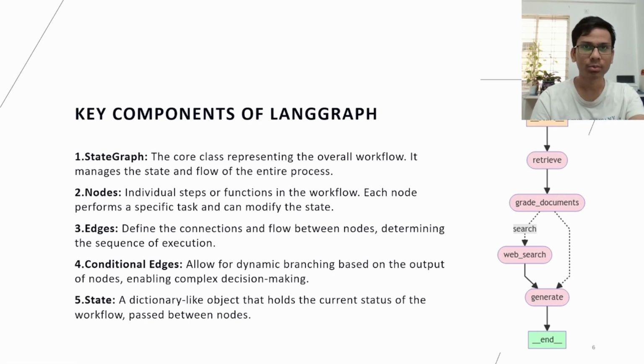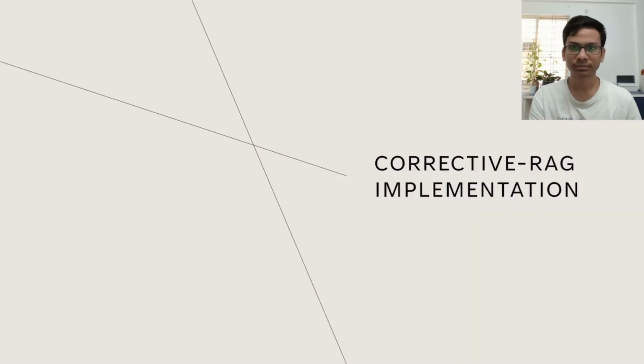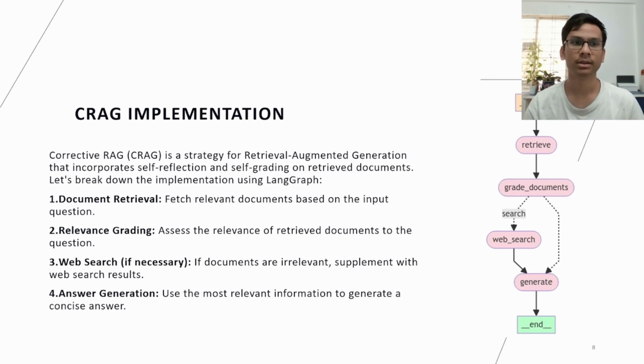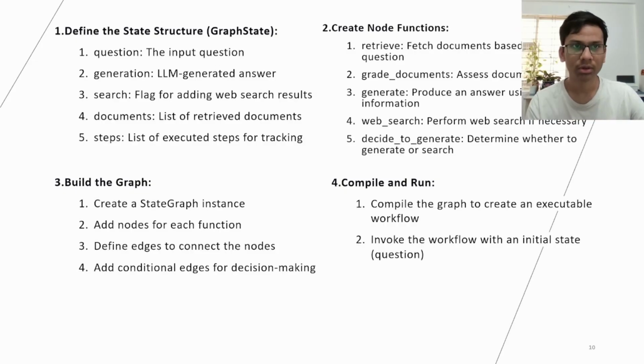Yeah, this is only part one of three in the series. There are two other methods which complement this procedure, but we'll look at corrective RAG for now. Okay, how do we implement it, right? Again, this graph is there. First thing we do is document retrieval. Second thing we do is relevance grading. Third thing we do is web search if necessary, and fourth thing is answer generation. I think it's already clear from the diagram, I guess. Yeah. So let's go on to building the